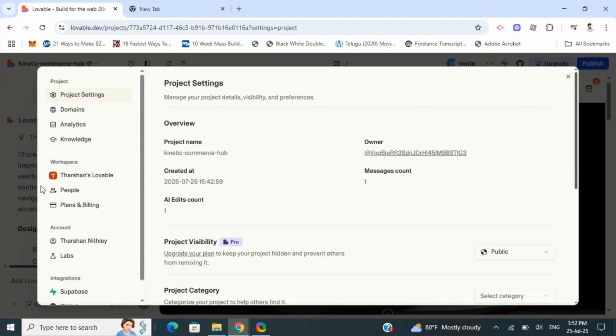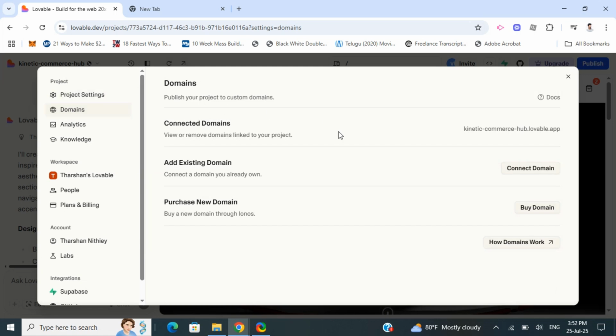When you go to the settings option, in this screen, select the domains option here. So click on the domains section. Once you click on the domains section, you'll see that your current connected domain is this one, which is the default. If you want to add a domain, like for example a custom one